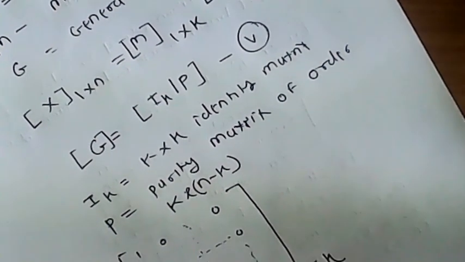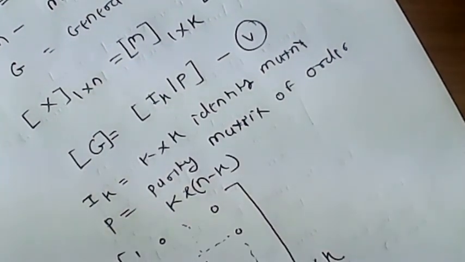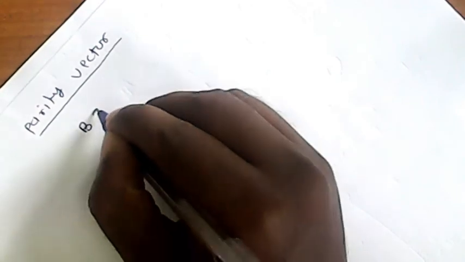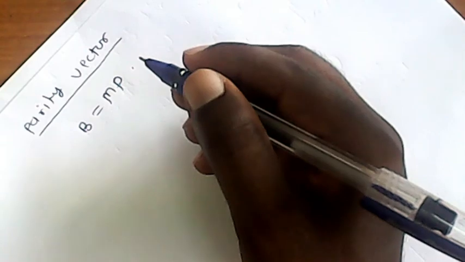So in this equation we also find the parity vectors. So parity vectors we can define, that is parity vector, the next concept which is related to the linear block code. So parity vector is equal to M into P, where B is a parity vector